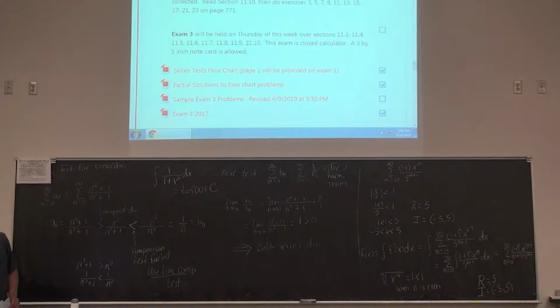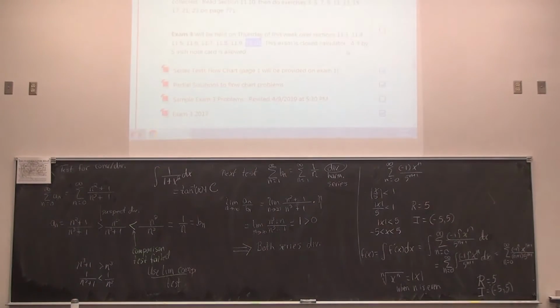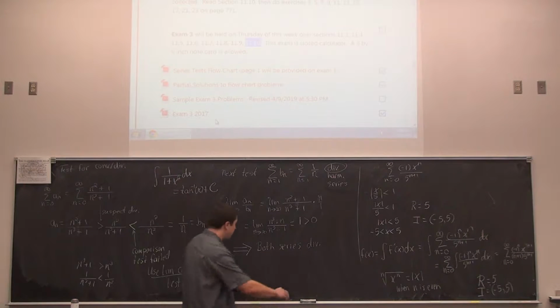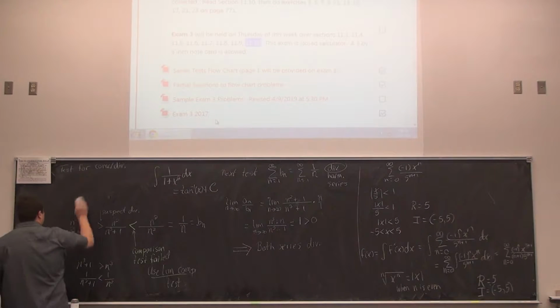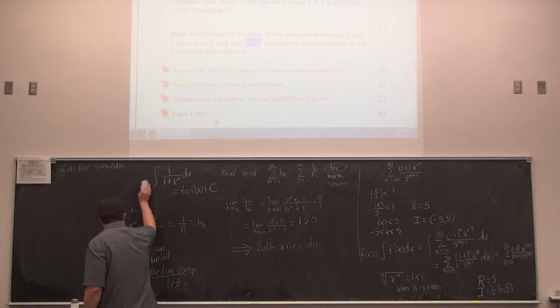So from 11.10 specifically, there's a couple problems that I would likely ask. Keep in mind that when you go over the sample exams that are available here, I can't ask every single question, so I just have to pick some of my favorite ones. And from 11.10, it could be one or both of these two questions. First, let's do the standard question,